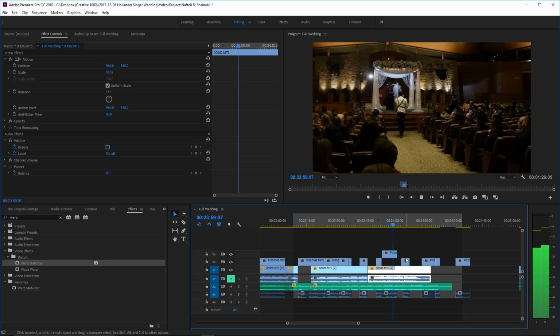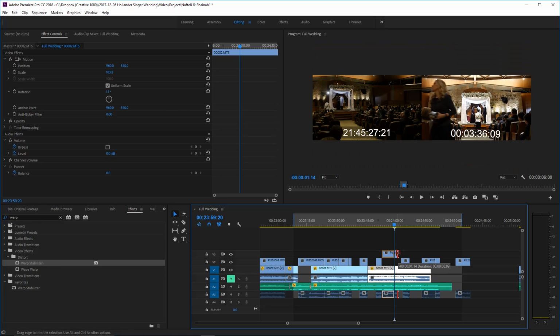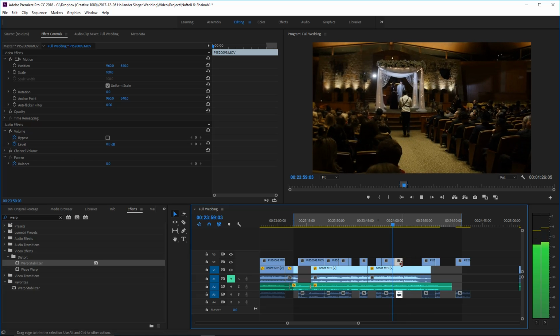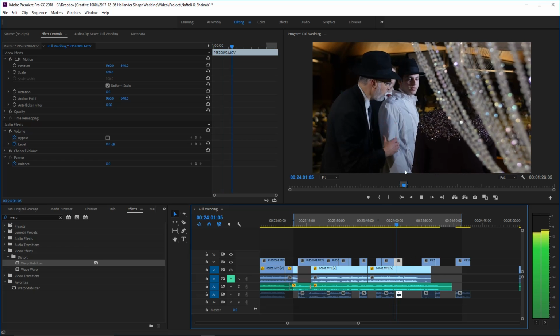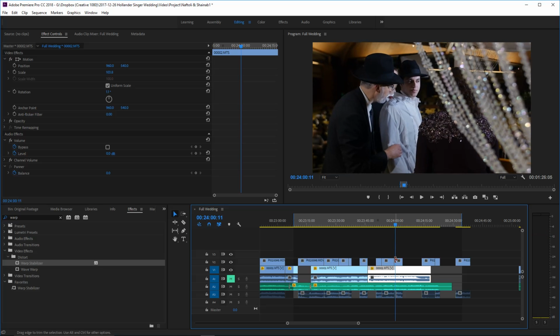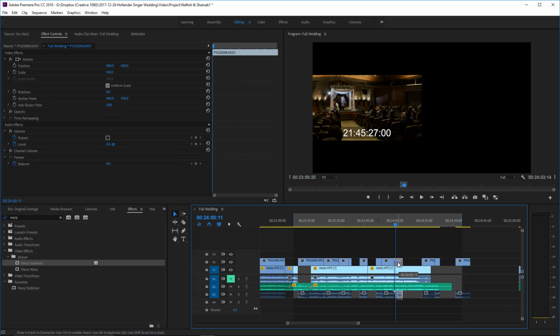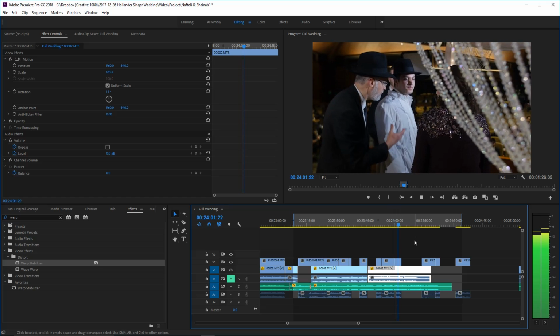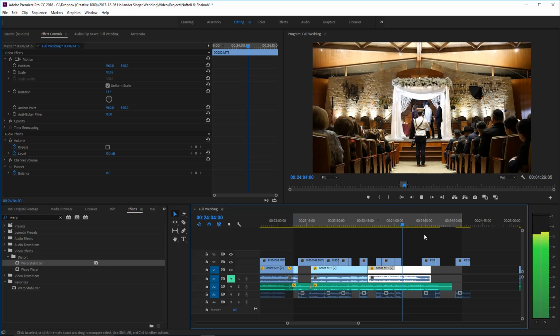So we'll put that in. I'm really not quite worried about the audio here. And it's not close enough that we could actually see that the rabbi has walked away from behind him yet. So this shot works.